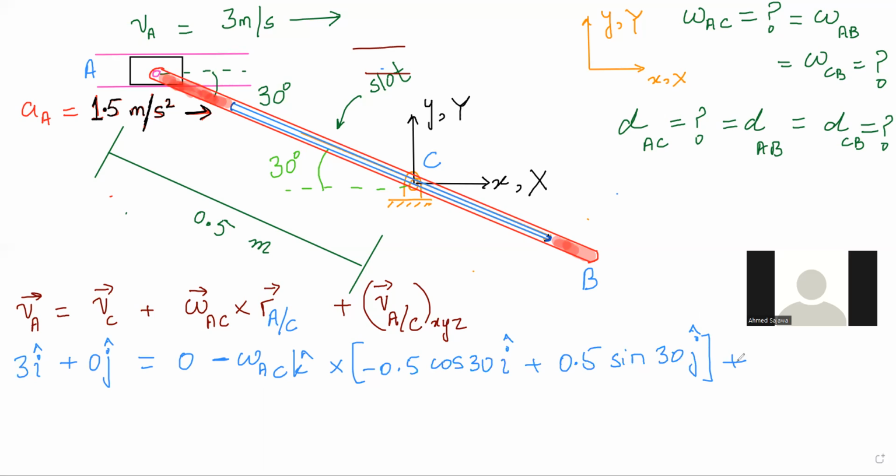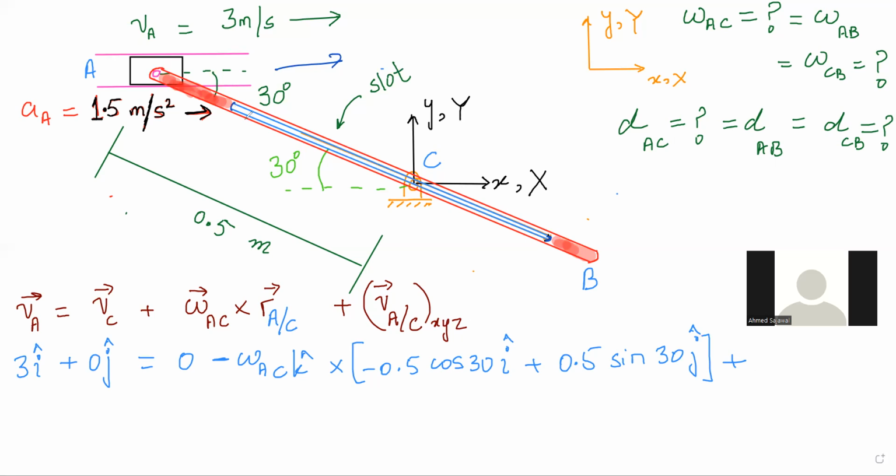This is where you will make the mistake in an exam. It is very tempting to put a 0 here, but you have to understand that as the piston arrives here, this distance changes. Since this distance changes, there is a VA with respect to C small xyz. So technically this piston is like me, on a rotating disc, walking towards this point C. Distance is changing.